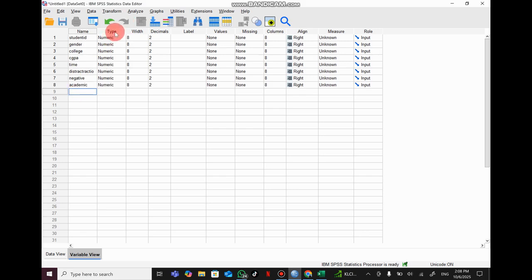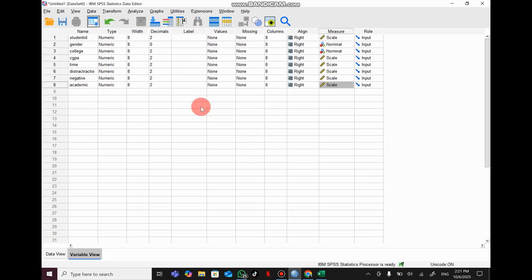So you can see it shows you the symbol and number here. From the Variable View that you entered, you can edit the type, and then you can put your labels, values, and then the measure.